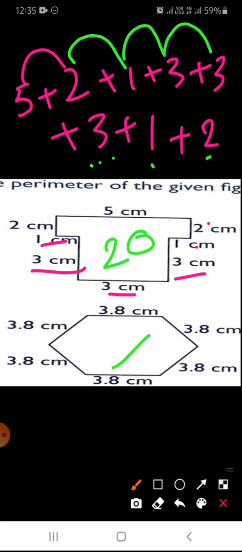Similarly, more figures are given and you have to find their perimeter and write them. Okay, so for perimeter what you have to do is add all the outer boundaries of the given figure. So 5 questions are there, you have to do all these 5. Now let's come to the word problem. Question number 7, word problem. In this one, word problems are given and you have to do all these word problems in your maths notebook.